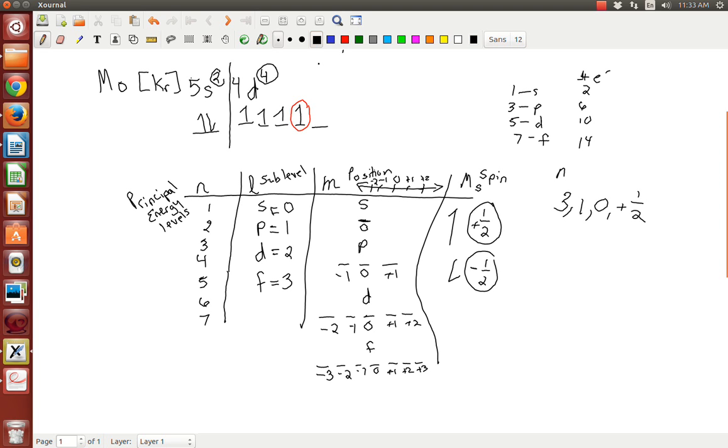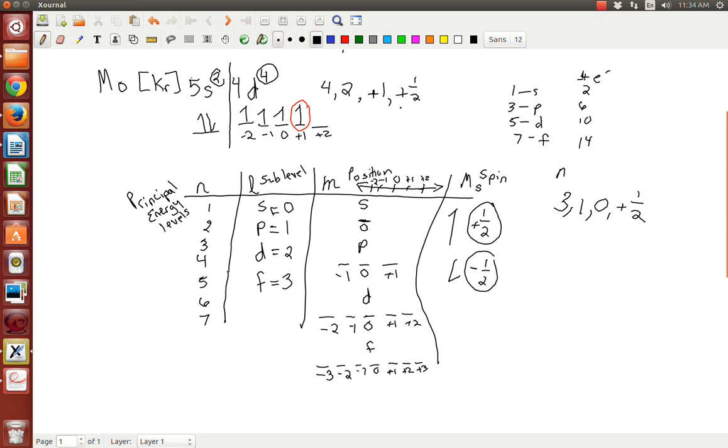Okay, now we're going to do the quantum number for this electron. Energy level N. Okay, remember it's N first, so the energy level 4. Next is the sublevel. What sublevel is it in? It's in D. So if S is 0, P is 1, D is 2. What position? Well, that's the middle, so that would be the 0 position. So that would be the +1 position. That would be the +2 position, the -1, and the -2. And it's spinning up, so